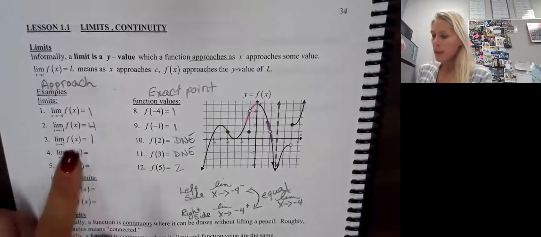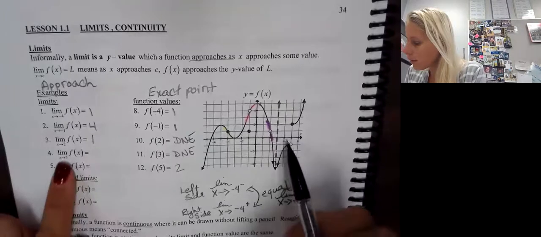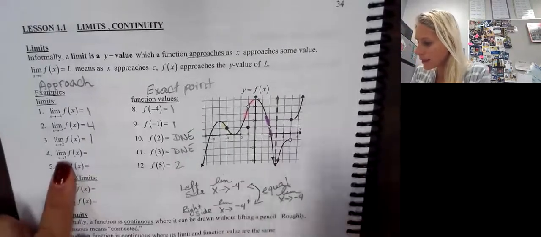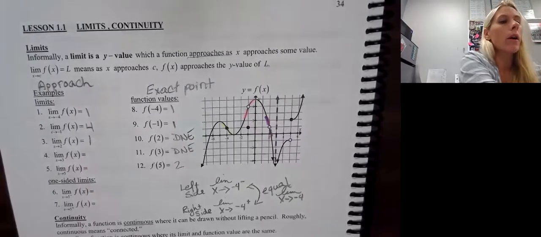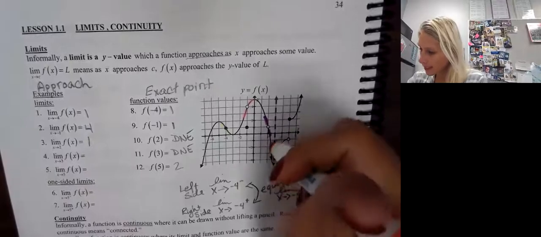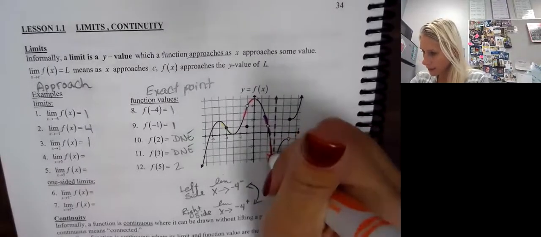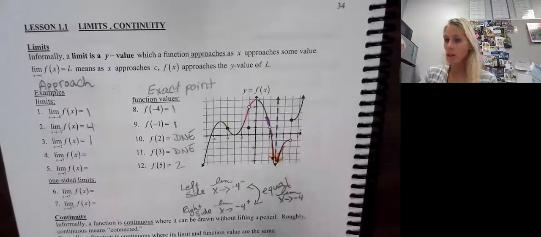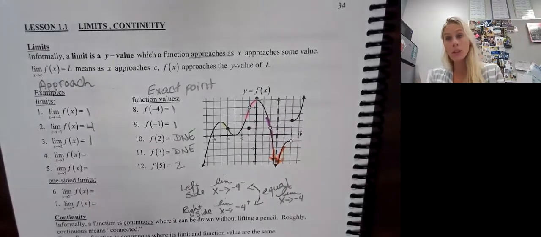All right, 3. So if we look at 3, of course it's an asymptote, so it does not exist. But if we look at where it's approaching, from the left side, our graph is going down. And from the right side, our graph is going down. So both sides are